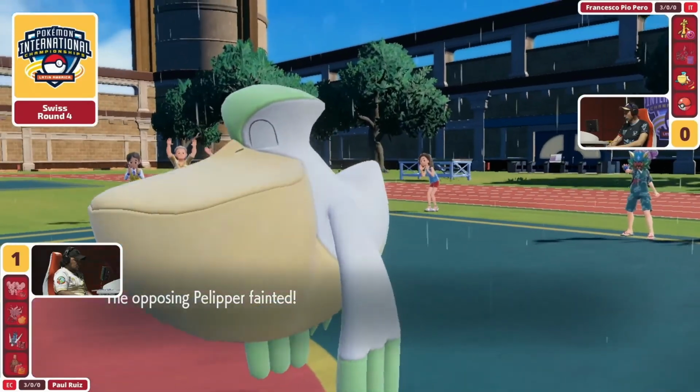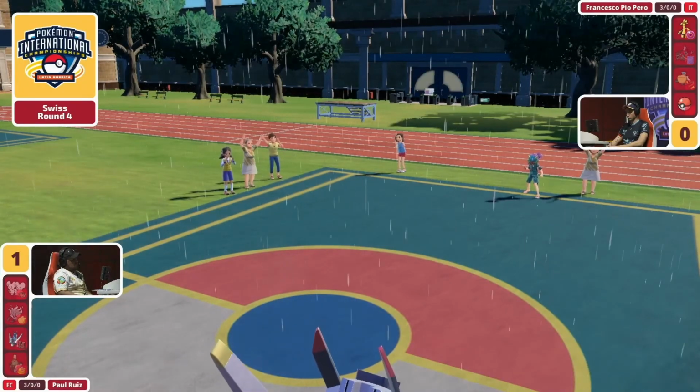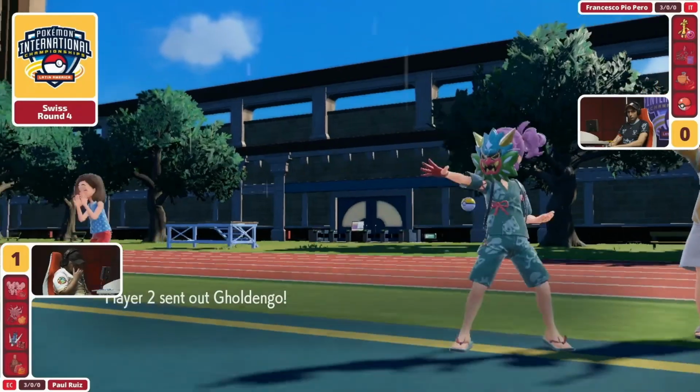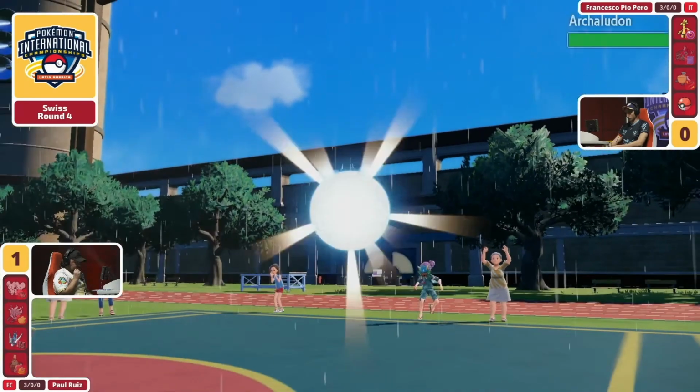Snarl does pick up a KO, but we've still got Tailwind available on Francesco's side. We've got a super healthy Gholdengo and a potential final Pokemon, which honestly, it may well even be the Archaladon once again over on Francesco's side. Well, the Gholdengo is going to be a really key piece here, because I think what you're looking at is Gholdengo's ability to have